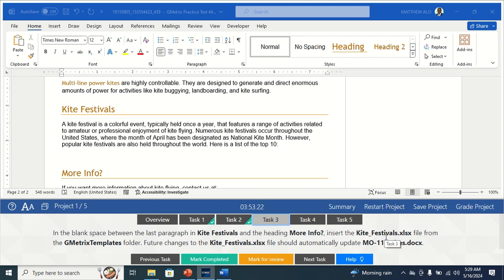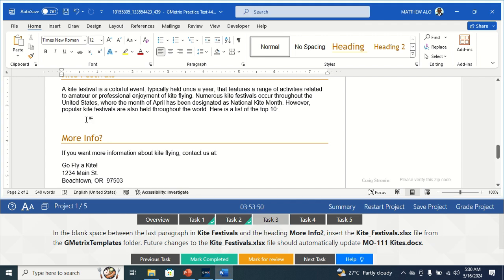So in the blank space between the last paragraph in kites festivals and the edit more info, insert the kites_festivals.xlsx file from the geometries templates folder. Future changes to the kites_festivals.xlsx file should automatically update MO-111 kites.docx. Okay, to do this, you just put down to the space